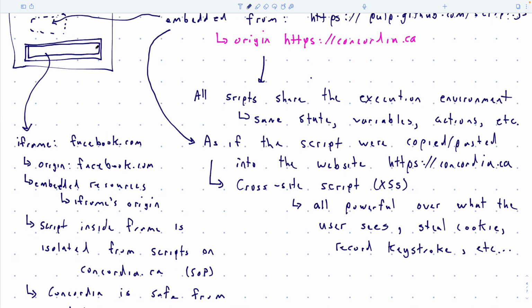So the script can't bounce out of the iframe. The scripts that are running here can't ask to see or write to any of the resources in the outer website, and vice versa. So the outer website can't ask to see what's happening in the iframe. It can't see that two of your friends like the Facebook article or whatever, and it can't overwrite it either. It's like the like button. Yeah, this is the like button, exactly. It's the exact same example.